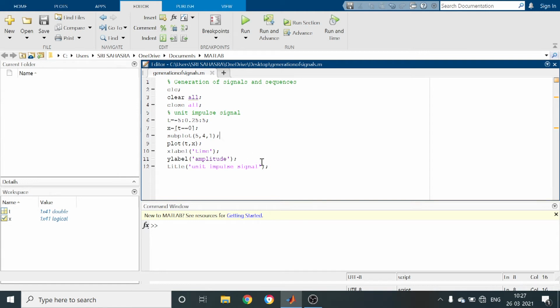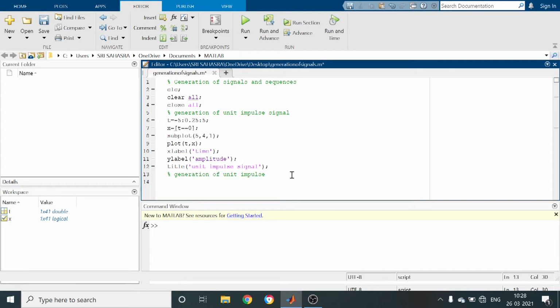Next I have to generate the unit impulse sequence. In order to generate the unit impulse sequence, some commands are going to change. So I am going to keep a comment: generation of, control copy, control V, generation of what?